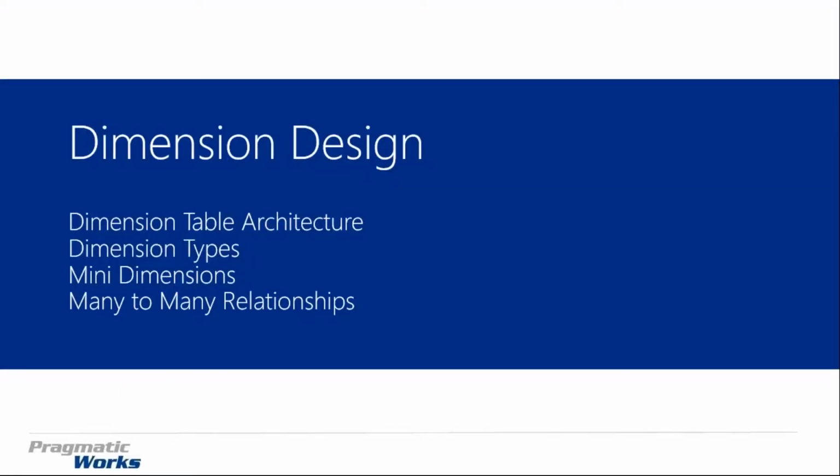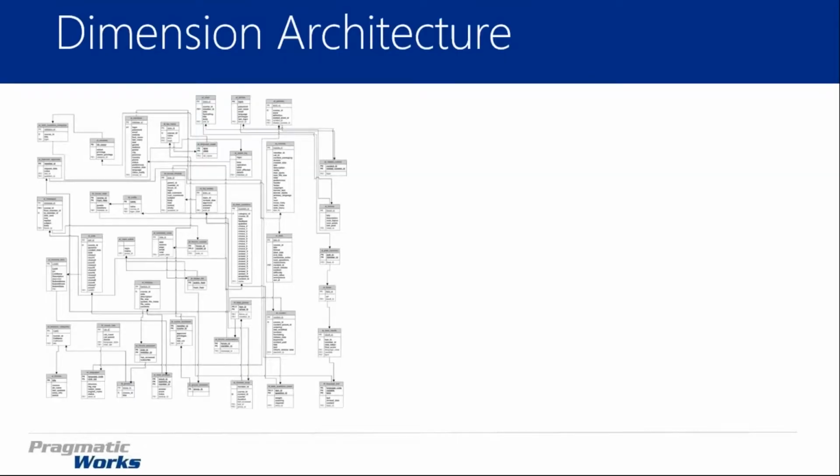All right, so once again, the 4 things we're going to cover here: architecture, the different types of dimensions, many dimensions, and then many-to-many relationships. All right, so when we're looking at a dimension table, the dimension table is derived from our transactional system, and